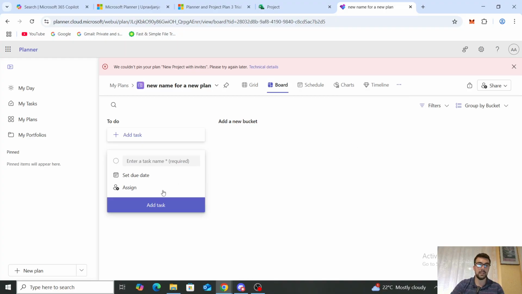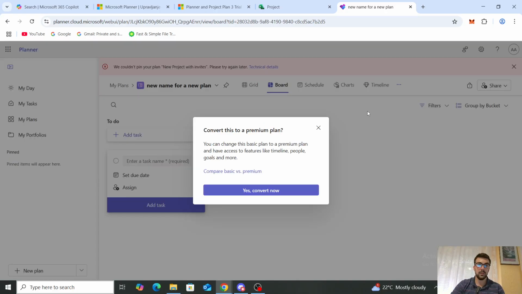So you can assign a task to someone. You can convert this to a premium plan. You can change this basic plan to a premium plan and have access to features like timeline, people, goals, and more. So if you click on convert,